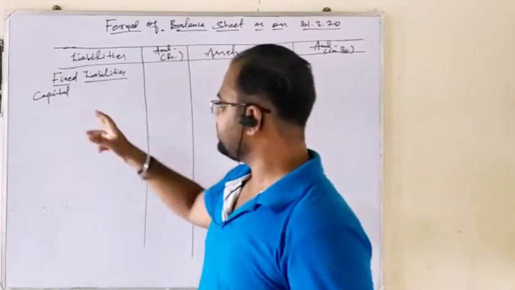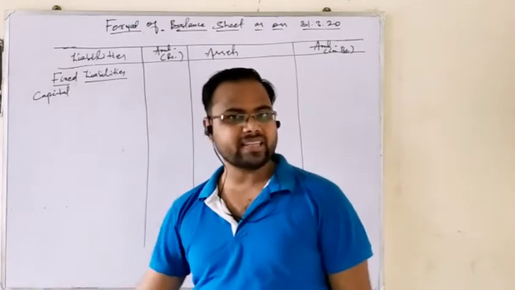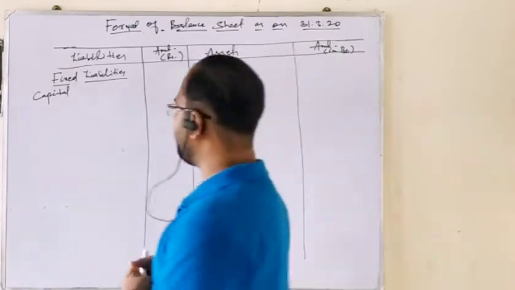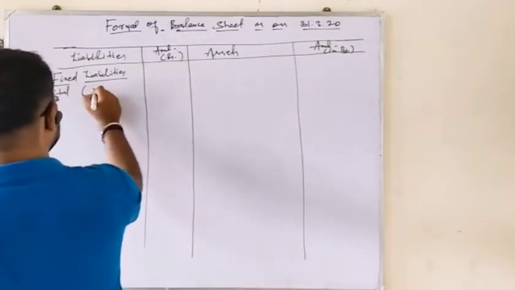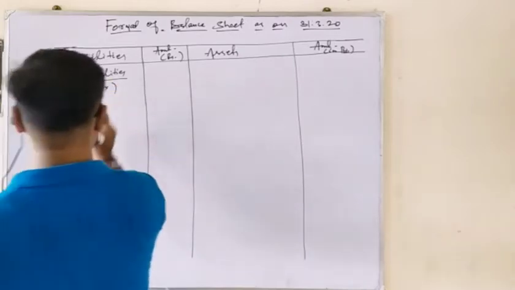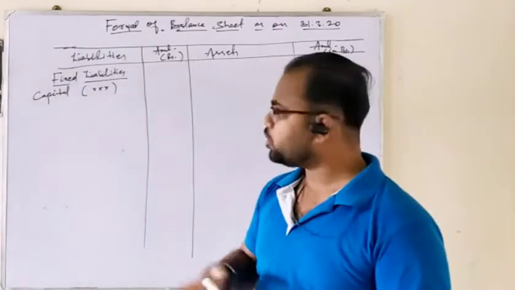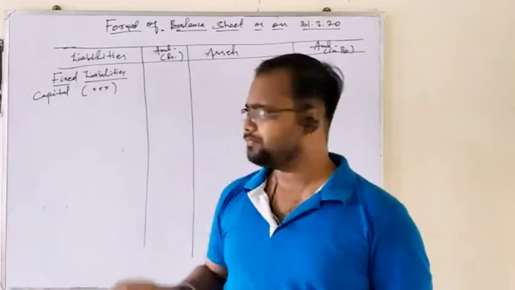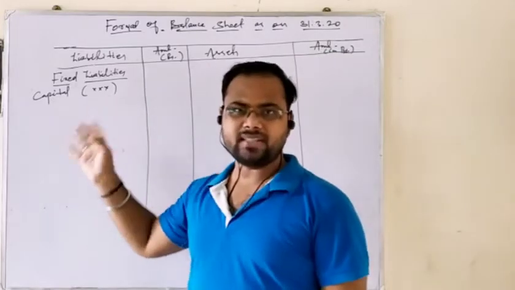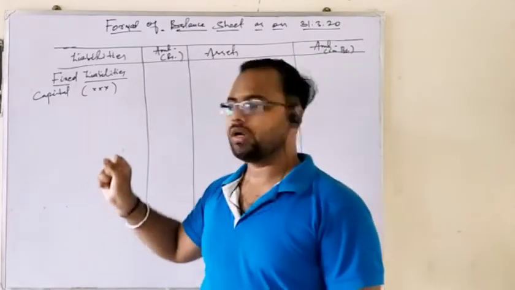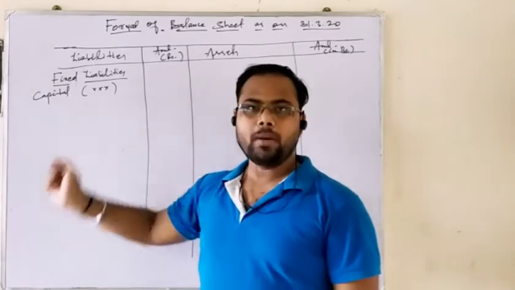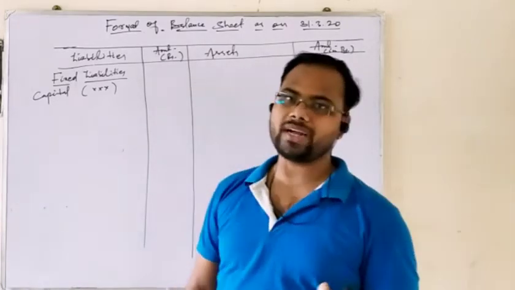Okay. Since there are a lot of adjustments regarding the capital, we will write the capital amount in the bracket. I am not writing an imaginary figure, I am just taking it as X. You can write whatever amount you want. So capital is the fixed liability that is contributed by your owner. Why have I written it in the inner column? Because there are a lot of adjustments to come regarding the capital account.